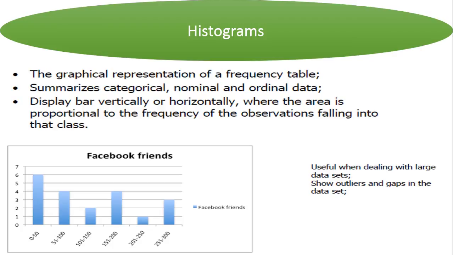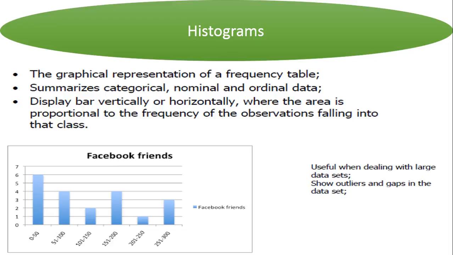The graphic representation in the histogram is the graphic representation of a frequency table. So you have a frequency table and you display bars vertically or horizontally, where the area is proportional to the frequency of the observations falling into the class. I illustrate it with a sample of people having not more than 300 Facebook friends, and I represent the number of Facebook friends of my sample